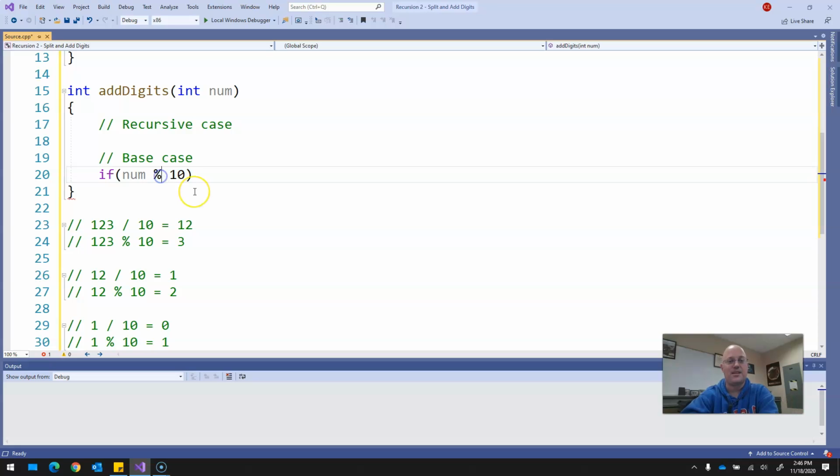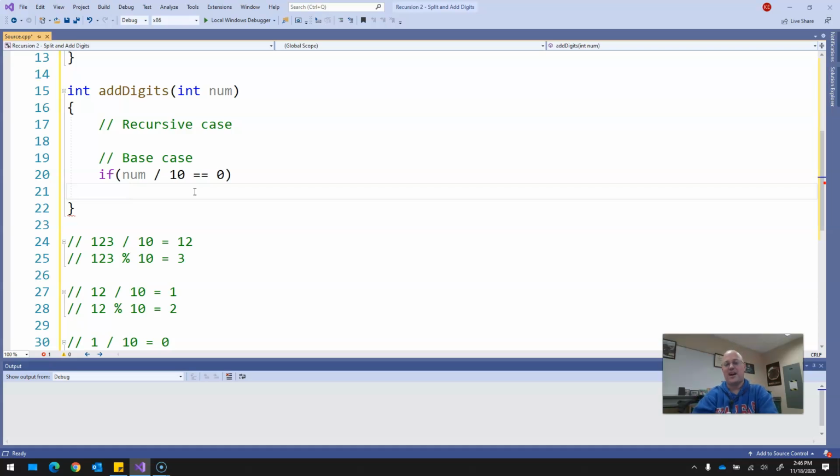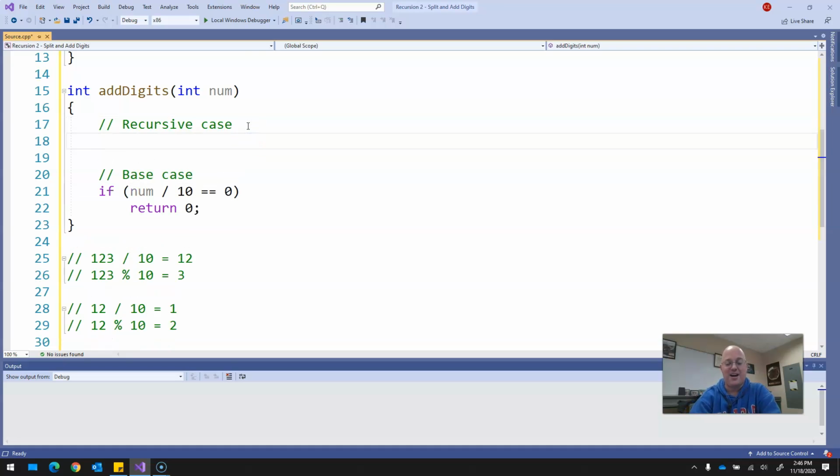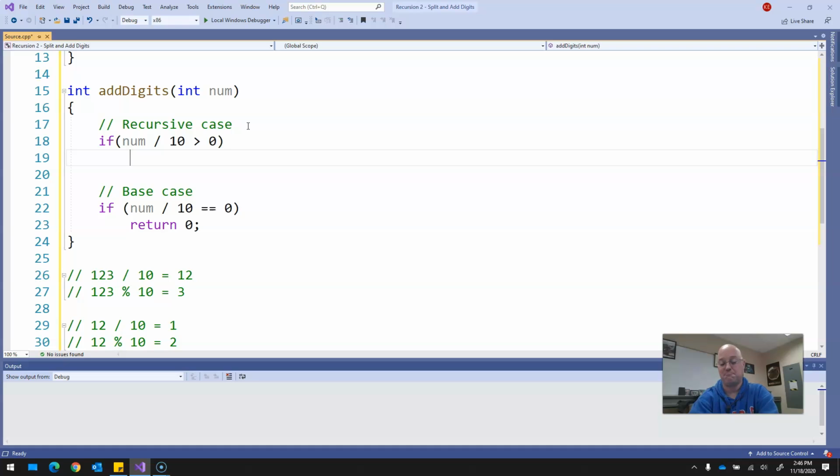So, if I do this, when I divide it, is there anything left? Well, what's left? What do I return? Do I return 0? Do I return the number? I don't know. Let's find out. And then if the number divided by 10 is greater than 0, what do we return then? We return the number plus